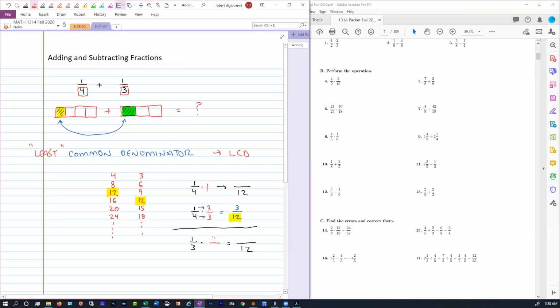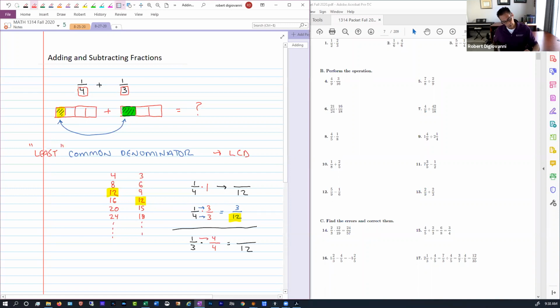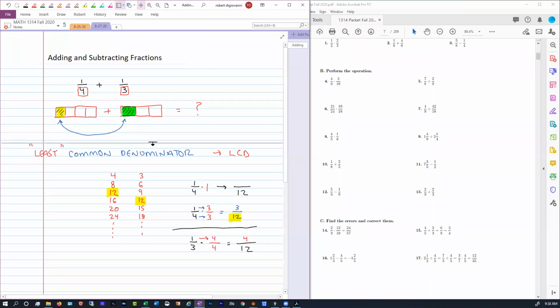4/4. Yep, 4/4, because 4/4 is 1, and then we multiply straight across. When we do that, we should get 4/12. So what we're saying here, and this is the real important part of this,